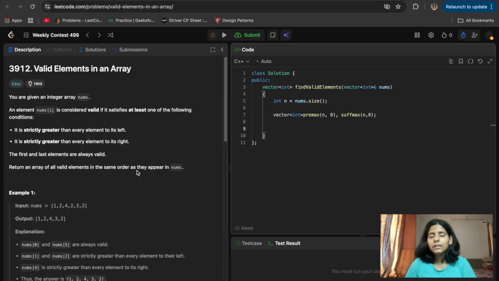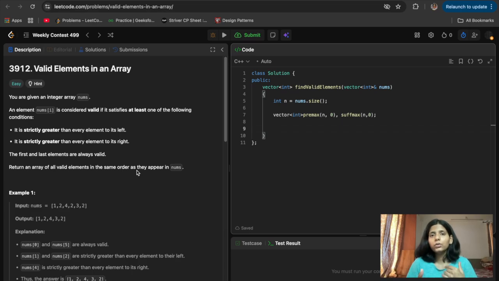In premax, we will say that the max element appearing next to it means it will be next to this. But how can we compare the premax and suffix max in that case? For the same index, if I get the suffix max from the last element, for index i it is the greatest element from the left, but there is someone which is greater than this at the right. And for the suffix max, I would have just stored that value only. So I should know that that index or that value should get entered after these premax values.